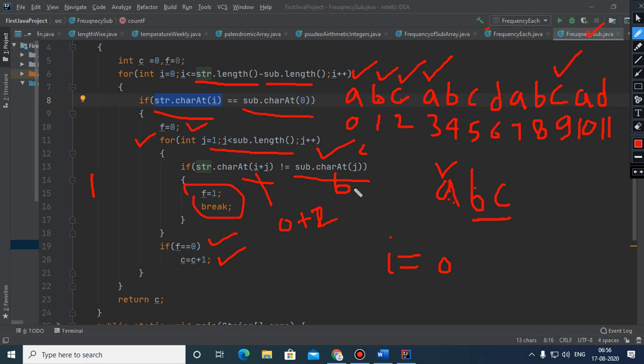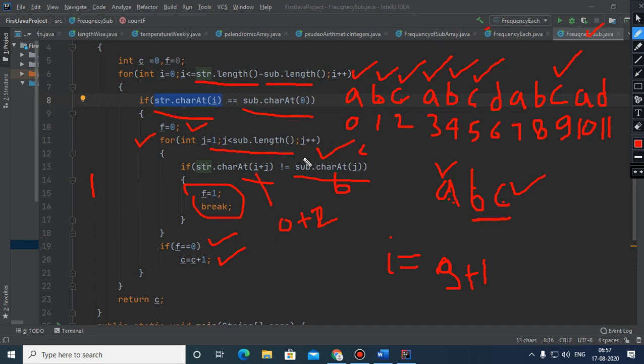Again here what will happen? Here we will get B, and here at this moment I was 3 and 3 plus 1, since J is 1. So 3 plus 1, which is 4. We got this alphabet and this will get matched with this B. There is a match. C becomes 2. We got this one, and 3 plus 2, which is 5. We got this one. So this C also will get a match with this one, and F will remain 0. There will be no change.